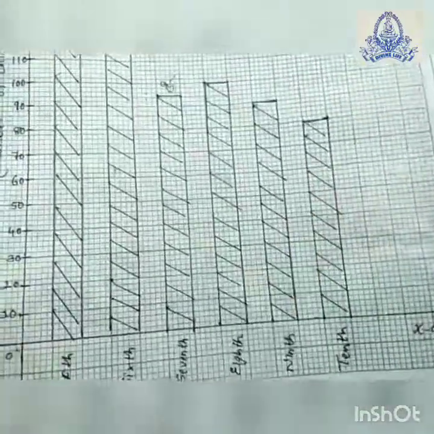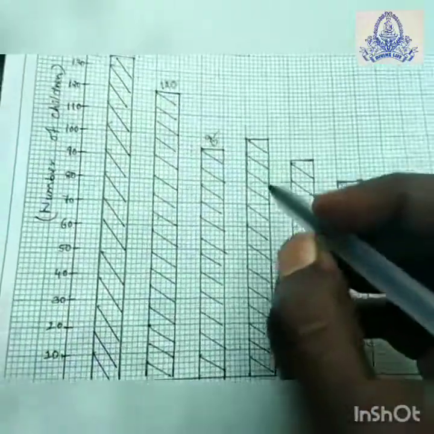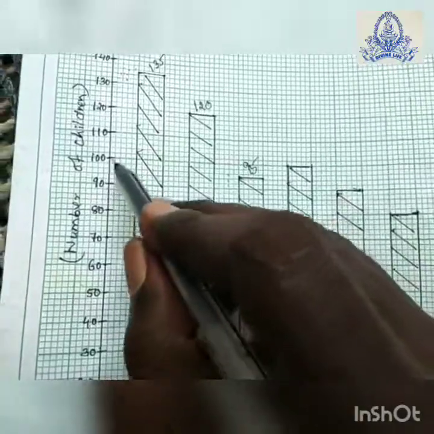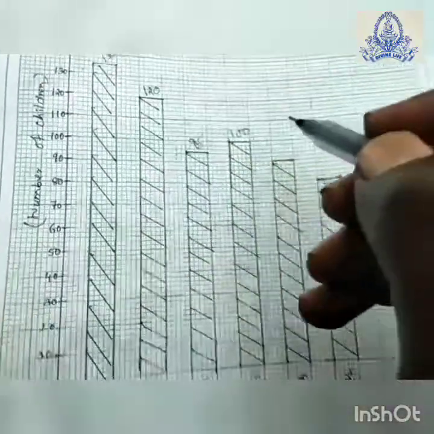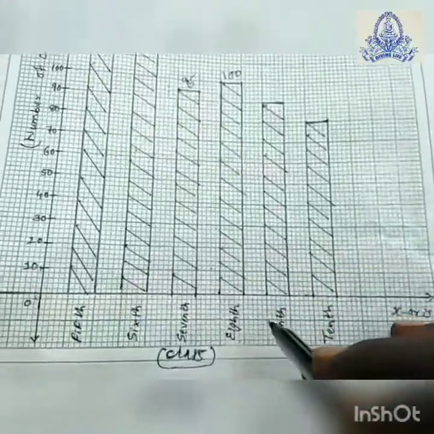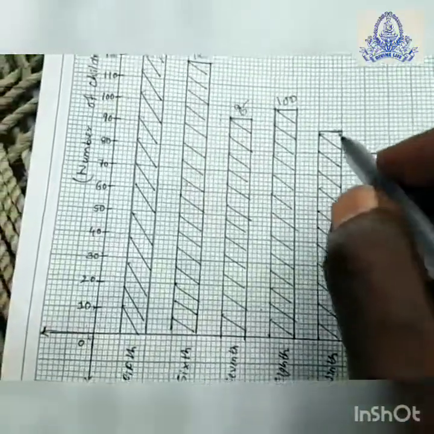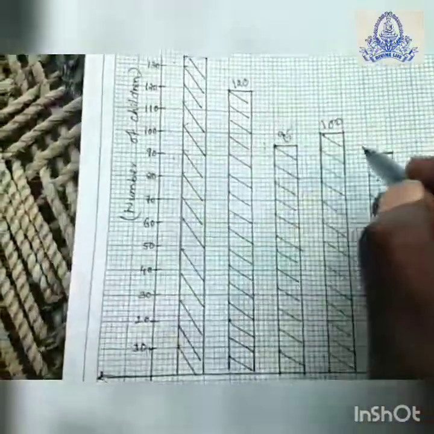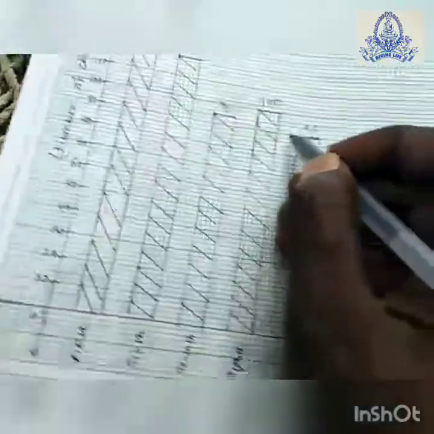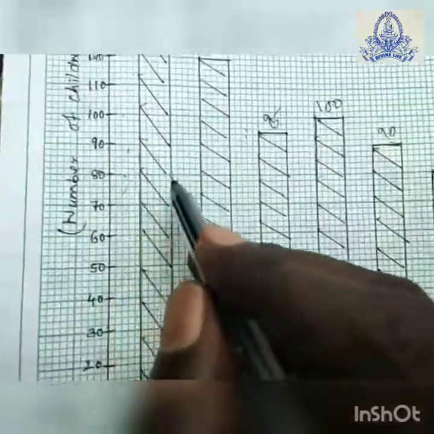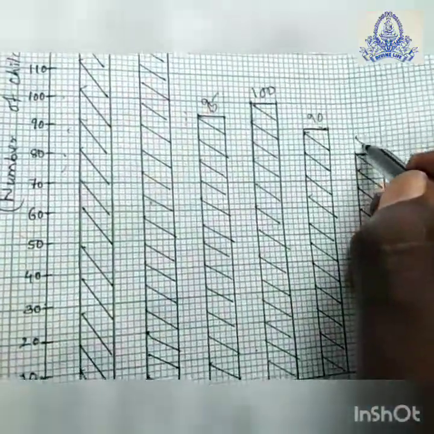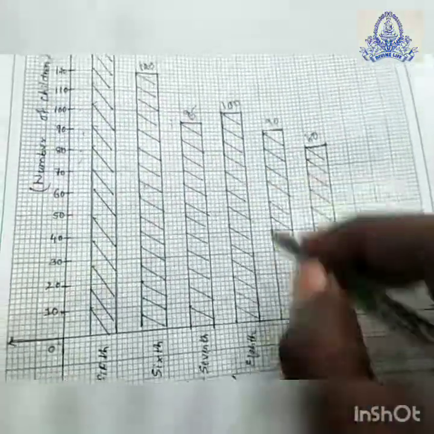Now class 8th has 100 students in our data. So 100 is easily found, and we will take 100 students for class 8. In class 9th the question gives 90 students, so 90 can also be easily found. In class 10th they have 80 students. So 80 is also easily there. You can take 80 and draw the bar graph.